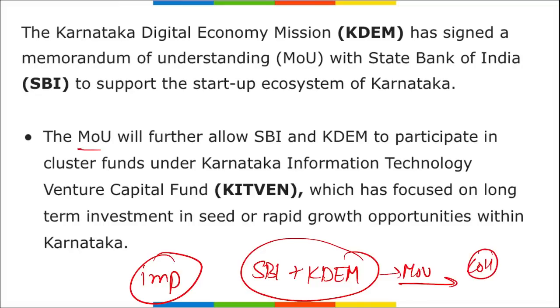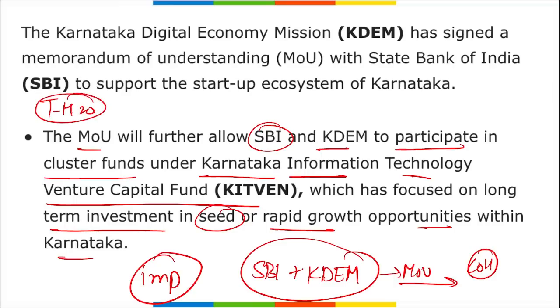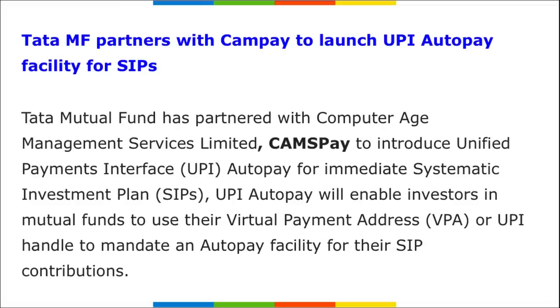Also, this MOU will further allow SBI and KDEM to participate in the cluster funds under the Karnataka Information Technology Virtual Venture Capital Fund, which is focused on long-term investment in seed or rapid growth opportunities within Karnataka. Apart from this, if I ask you, Technology Hub 2.0, where is this being set up? It is in Telangana, and in Telangana too, it will be in the capital city, that is Hyderabad. This will also promote a startup ecosystem in that particular area. Moving on,